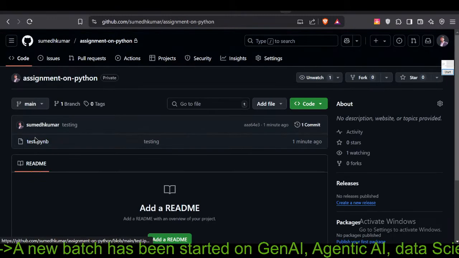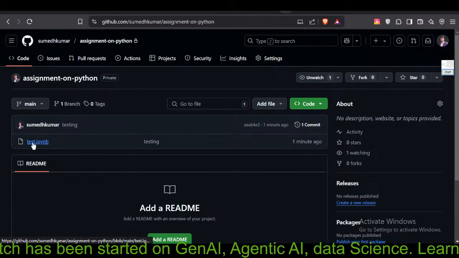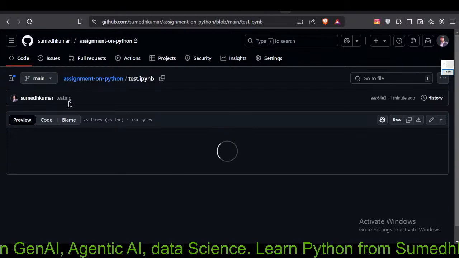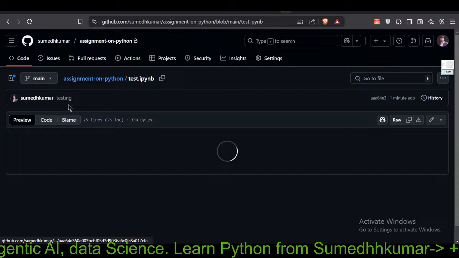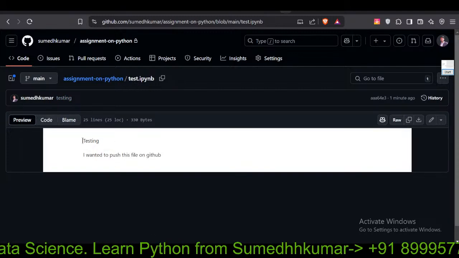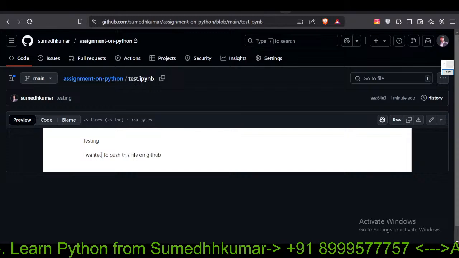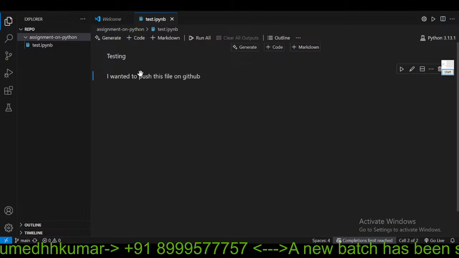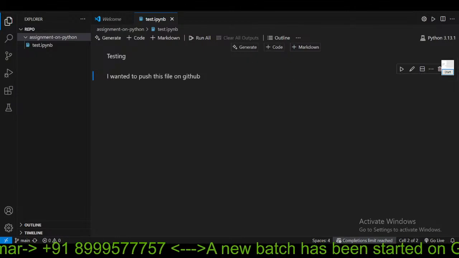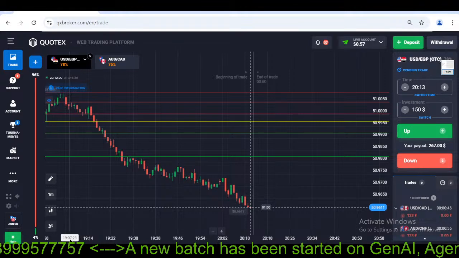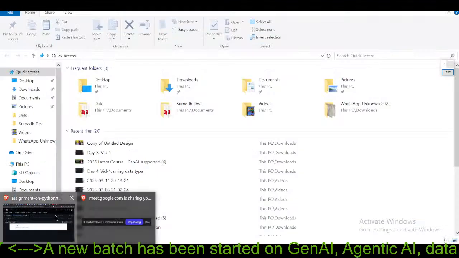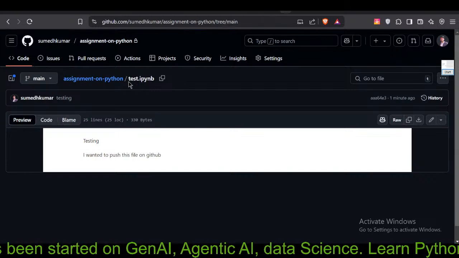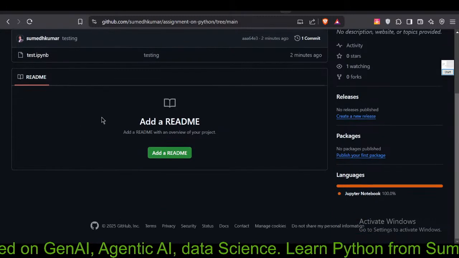So यहाँ पर वो आ गए, ठीक है, असाइनमेंट ऑन पाइथन। तो ये टेस्ट फाइल यहाँ पर आ गई है, you can see टेस्ट फाइल, और ये कमिट है, उसका टेस्टिंग हमने डाला था, कमिट मैसेज जो हमने डाला था, और ये दो चीजें हमने वहां पे टाइप करी थी। Testing, I want to push this file on the GitHub, ठीक है, ये सारे चेंजेस। So this is how you can work with this, ठीक है।